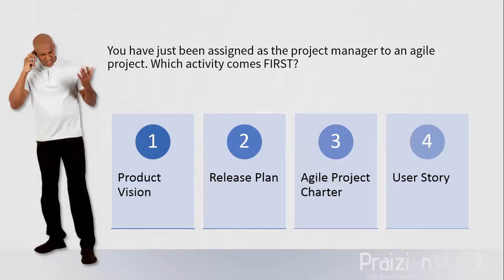Using the process of elimination, if you've just been assigned to an Agile project, just using common sense, you know you're not going to start writing user stories. That's not the first thing that you would do. Comparing that to everything else, we've got some pretty strong opposition here between 1, 2, and 3. Well, you need a vision before you create a charter. The vision is the overarching product's big idea. So you would need that before you create your project charter, which will have some of the vision in it.